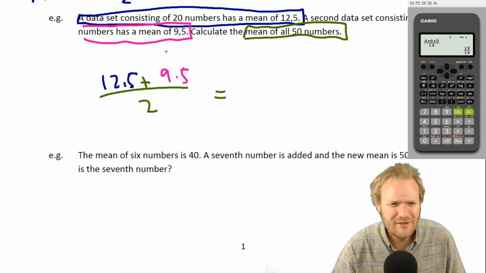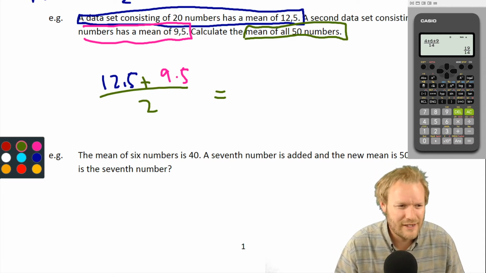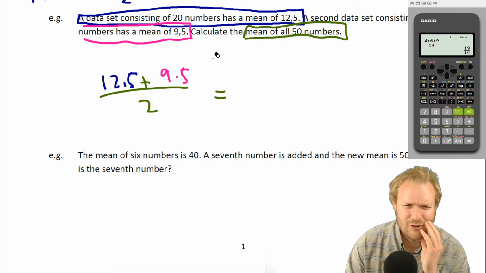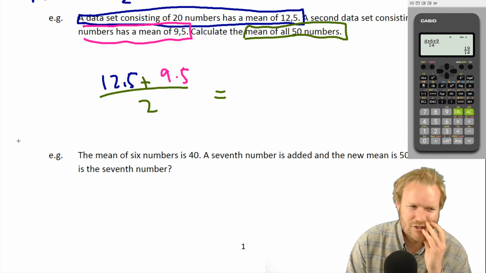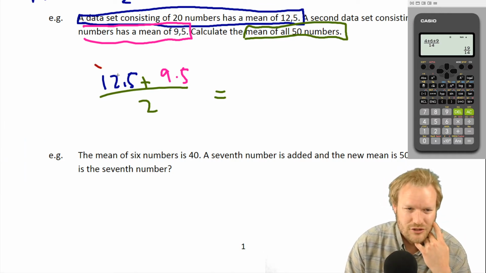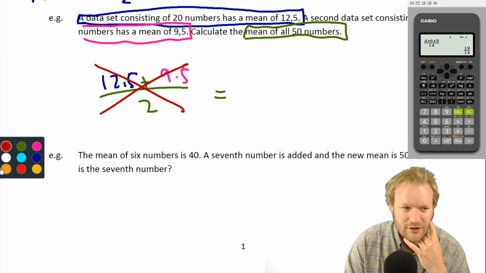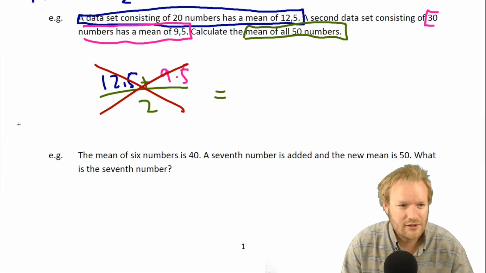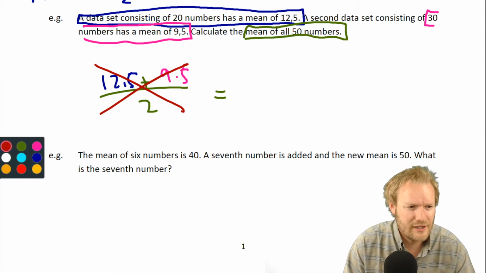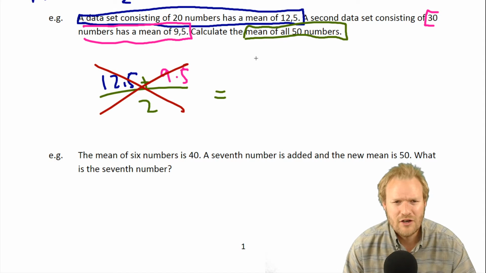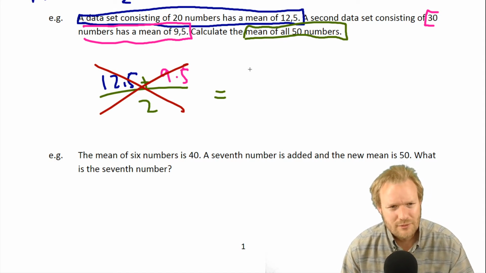So, again, as always, what are you going to say? Why can't we do that? And linked to that, how are we going to find out what this is? So let's just scrap that and keep our thinking that it's been scrapped, and we don't need that calculator up at the moment. And what am I thinking? We've got 20 numbers with a mean of 12.5. So what I want you to think about for this one is, if its mean is 12.5,